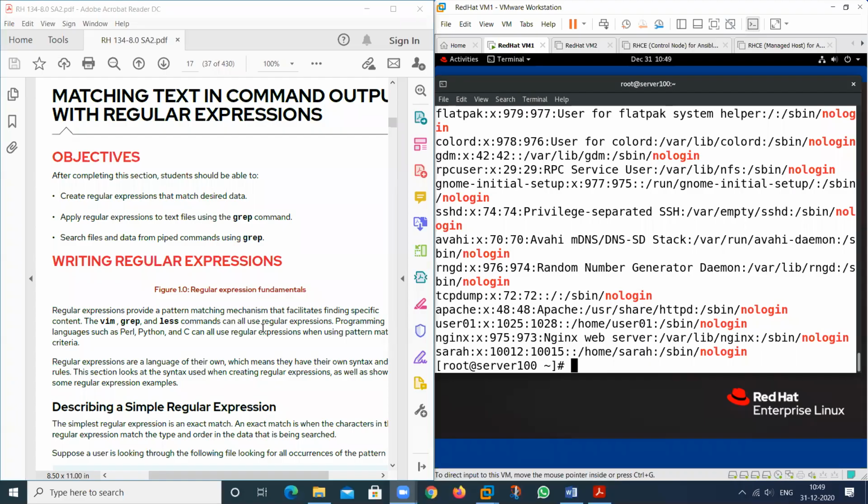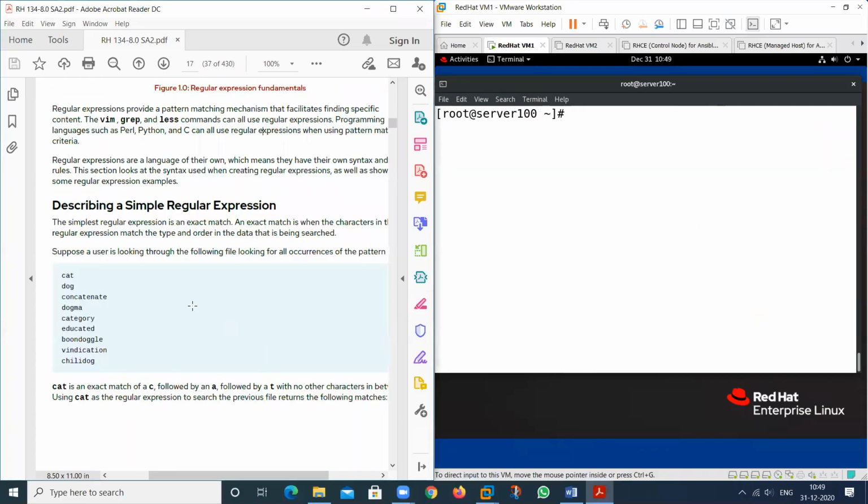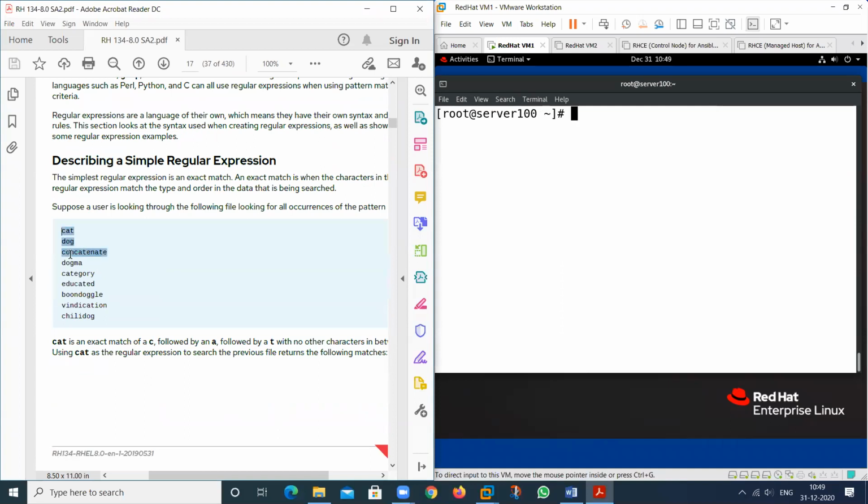So what is about this one? Let's see. This is about grep. I will show some more things.